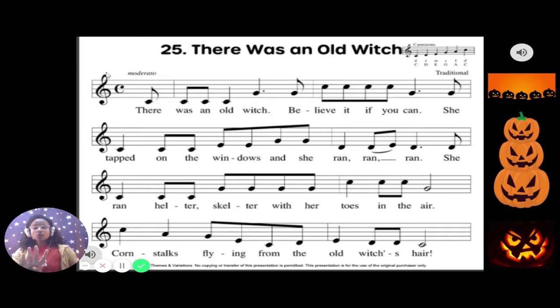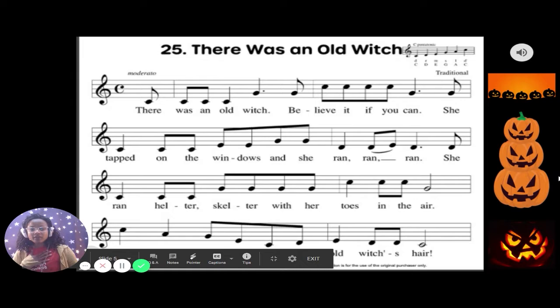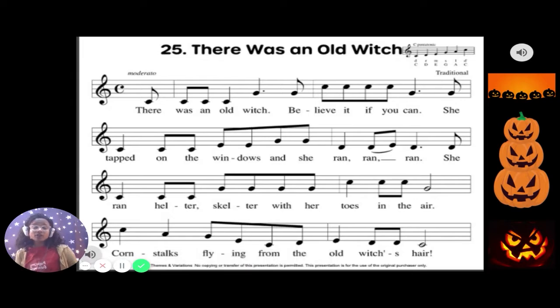If you were learning to play recorder last year, you might recognize some of these. I don't know when you might have been learning, but I know at least at my school, we didn't get very far into the recorder. So some of you might be really familiar with a lot of these notes and some of you will be less familiar. So we're going to try to get everybody on the same page.